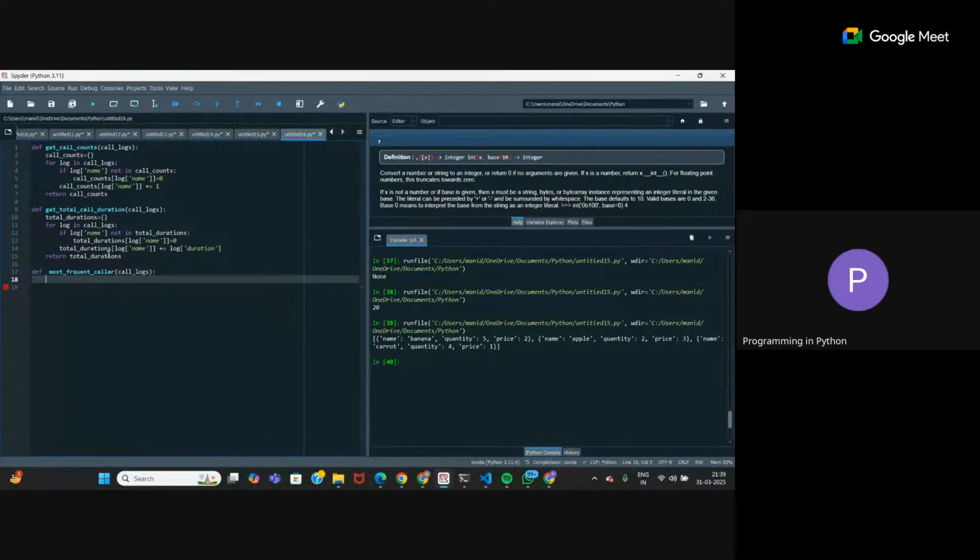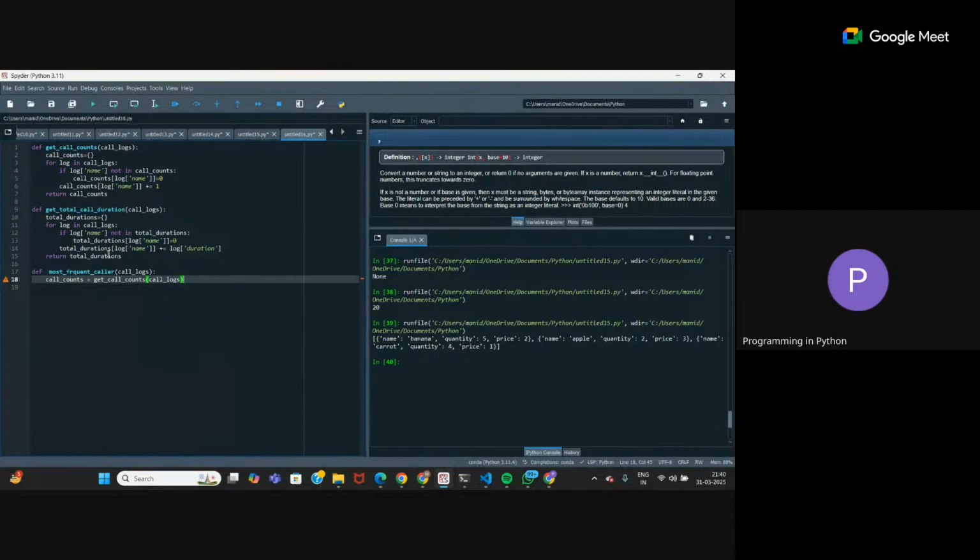So here what we can do, since we already have those other two function definitions, just introduce call counts and get that get call counts function in here. So that will create the dictionary. Why I'm doing this, I can just take the max value directly if I do it, right? So call logs you have to pass.